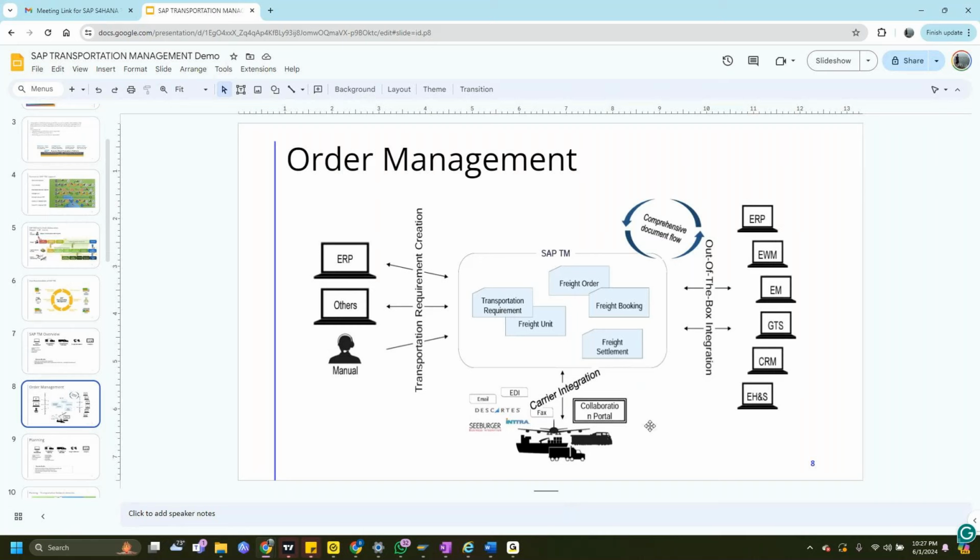But I cannot visualize which direction the truck has to go, or which locations the truck has to cover. So there is flexibility within SAP TM where we can leverage third-party maps, like Here Maps, Project 44. You can also use Google Maps with an API, but Google Maps is not suggested on the SAP TM side.